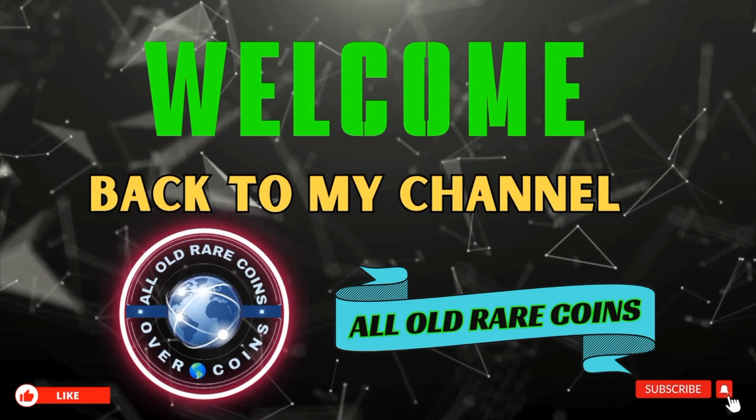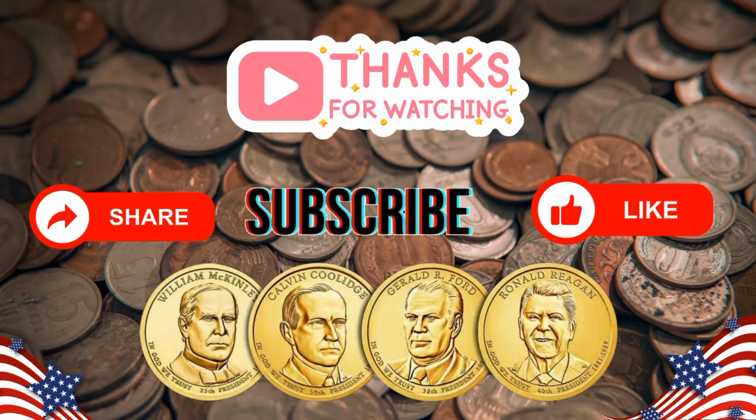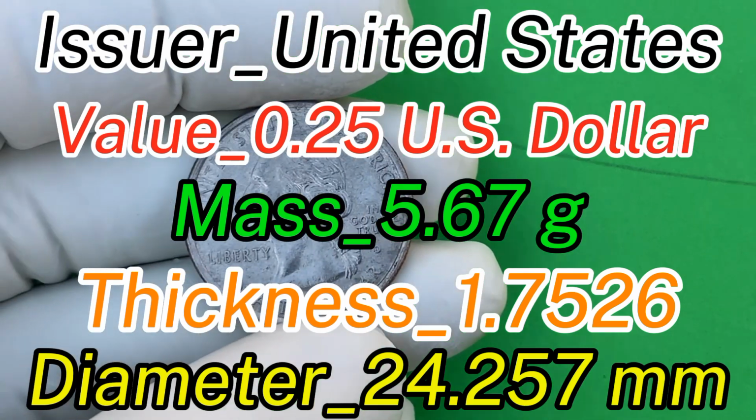The USA quarter coin from 1999 is a fascinating piece of numismatic history and a true treasure for collectors. With its beautiful design, historical significance, and potential for incredible value, this coin has captured the attention of coin enthusiasts